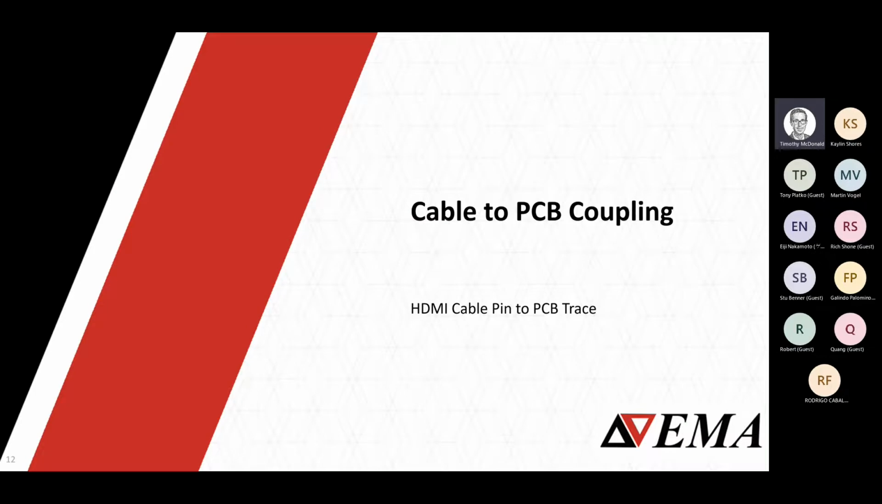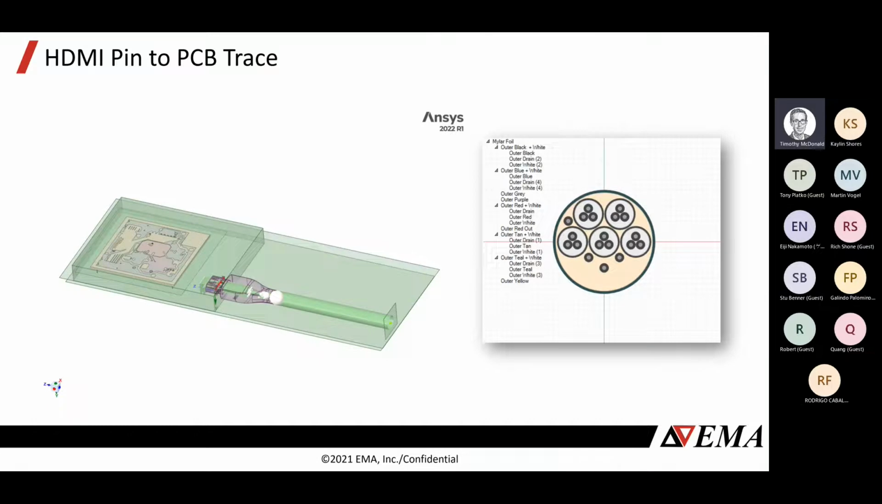Okay, let's talk about other important coupling cases in intra-system EMC. In this case, our concern is that we have a cable, connector, and pins from an HDMI cable. And the concern is where those pins terminate on the device, how does that couple through fields and waves to a nearby PCB net? So in this case, we're going to take advantage of EMA3D Cable's ability to abstract details